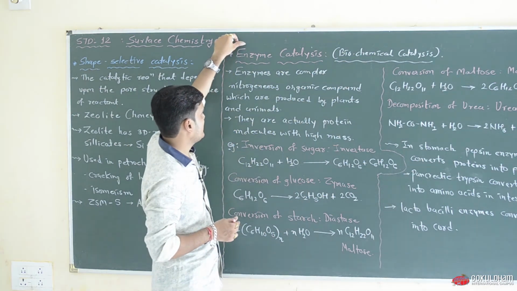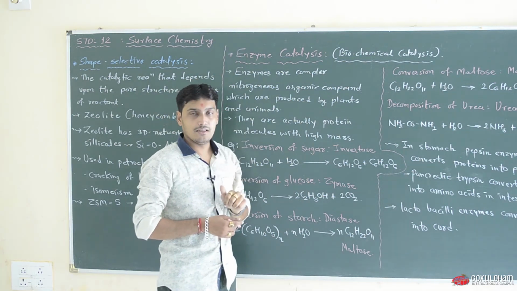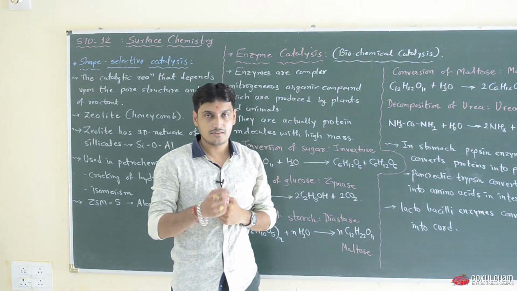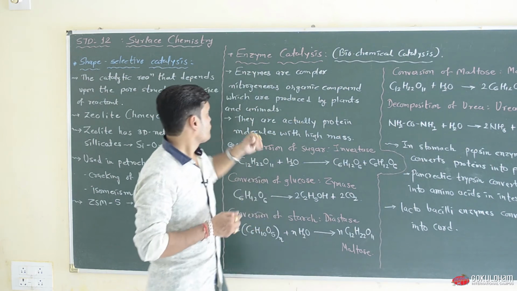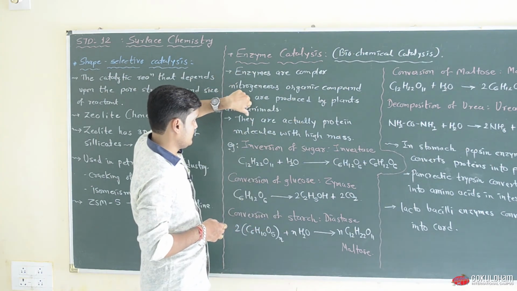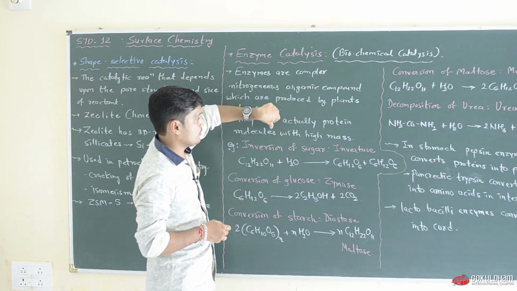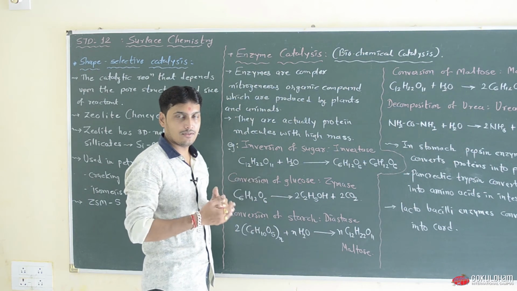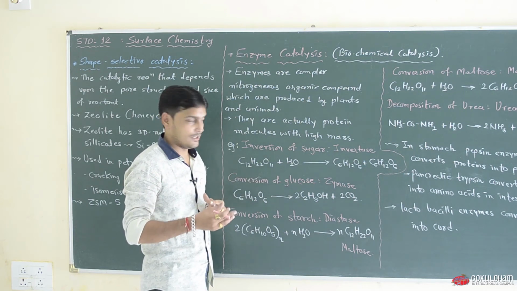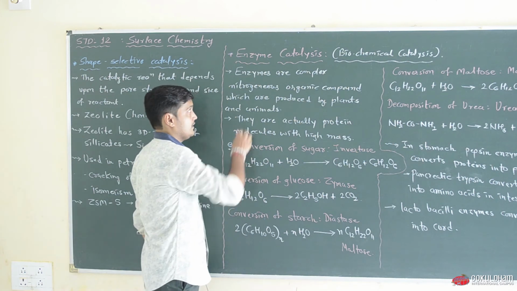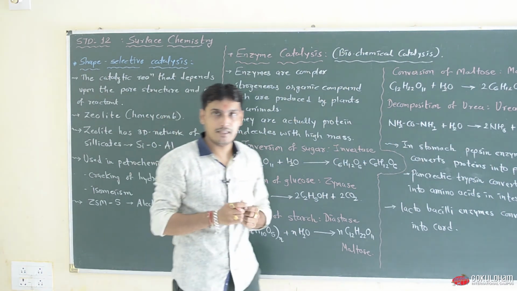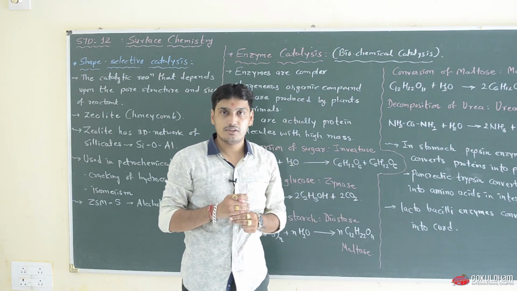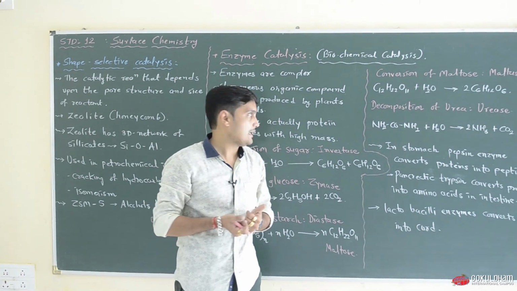Remember, when we are talking about an enzyme, the suffix is attached behind the name as -ase. The suffix is -ase, and they are actually protein molecules with high molecular mass. There is a wide range of carbon and nitrogenous molecules, and these enzymes are separate for every process. Any two processes contain two different enzyme particles.